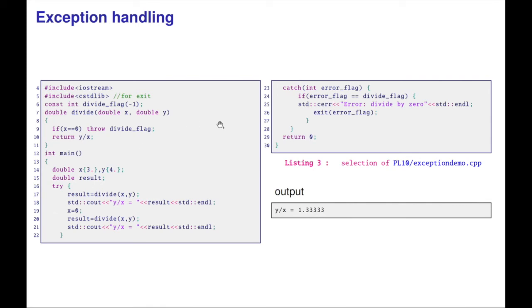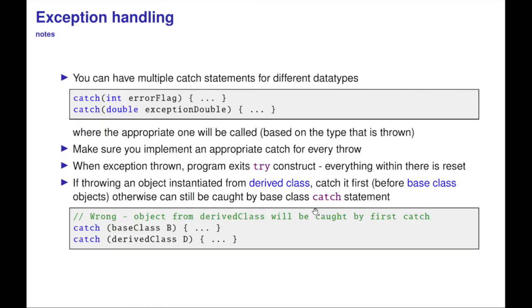And at the end of the try block, I've got a catch. If there's an error flag, I test whether the error flag is divide flag. And I say standard error, I just write to the error output: error, divide by 0. I could even tell you what the numbers are in principle. They should be available. And exit with an error flag. In this case, I don't want to recover, but I could, for example, just continue after divide by 0. Essentially, I can live with that. Let the code continue to where I was before. And that would just output y equals x, and then it would throw an exception.